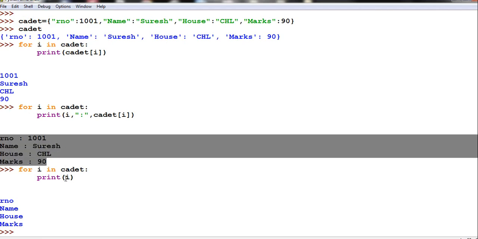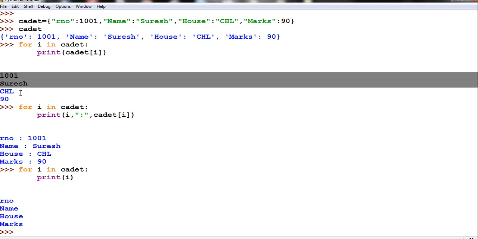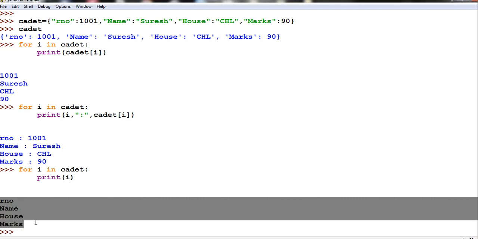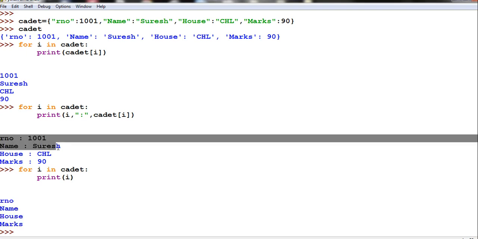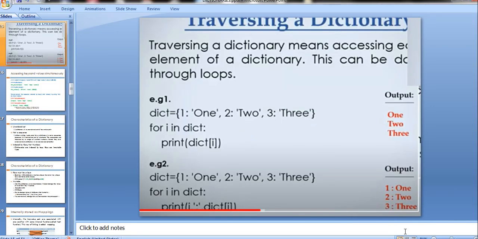If you want to print both key and value, then you have to give the square bracket with the key, and its value will be printed. Hope you understood. So in this example I have shown you how to print only values, how to print only keys, and how to print the key-value pair also. Okay, let us move further.